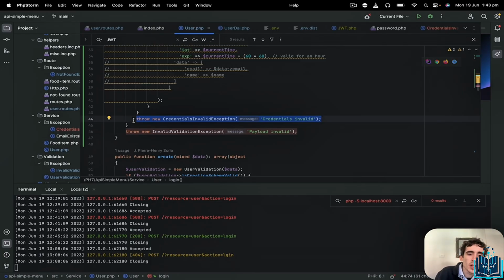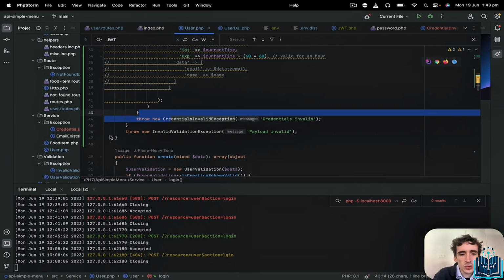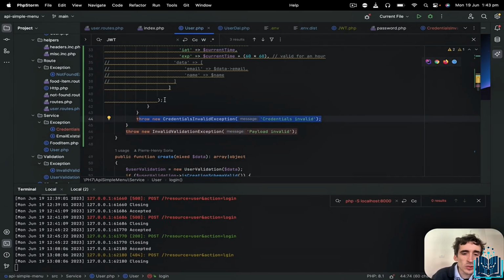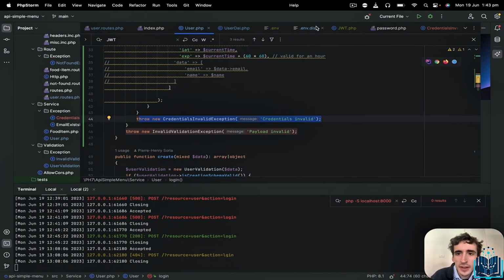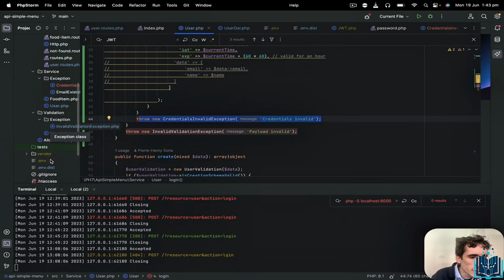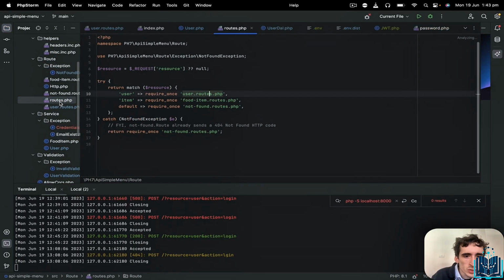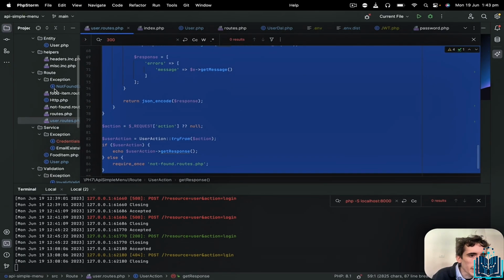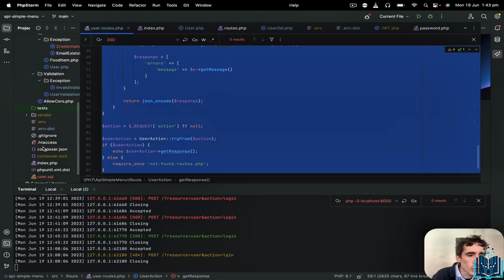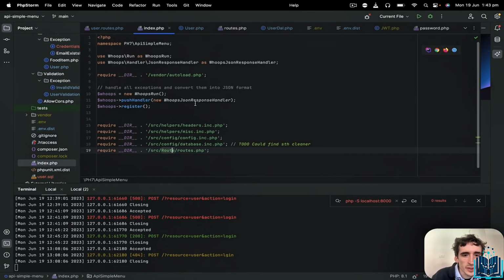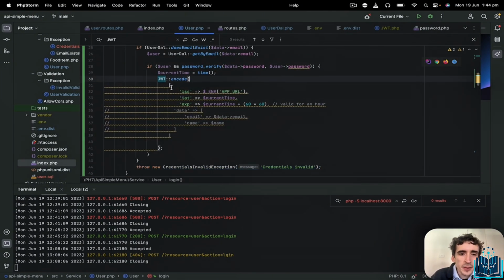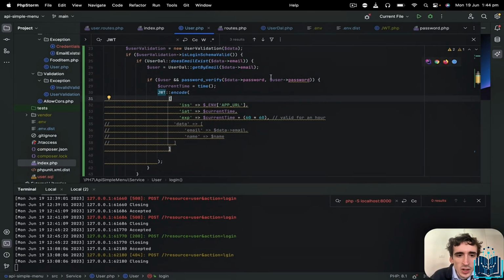And once that one has been thrown, this one won't be reached, because we throw the exception and it will directly, right away, be caught in, is it in routes? Not in routes. Probably, yeah, it will be caught by our JSON response handler, the exception handler. So now we are here, and we have the user data loaded,